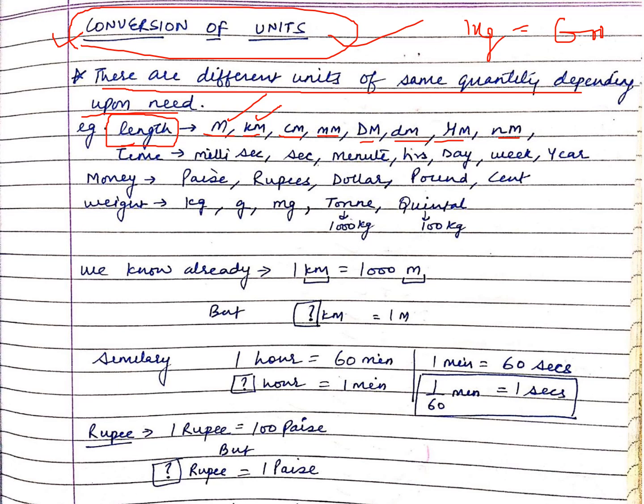Similarly, centimeter. In your copies, do you think you can have a scale of a meter? Your copy itself is not 1 meter in length. So how can you use a meter scale over there? You have to use something smaller. That is why we made the centimeter scale for you. You can see the scale with you has divisions in centimeters. Similarly, in that 1 centimeter, you can find 10 small divisions like this: 1, 2, 3, 4, 5, 6, 7, 8, 9, 10. Just now take out your scale, pause the video and see those 10 divisions in your scale. They are millimeters.